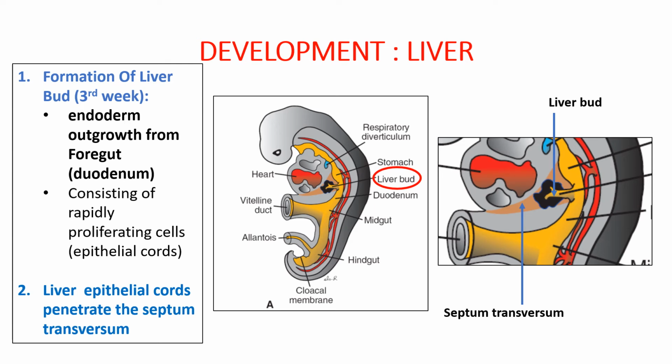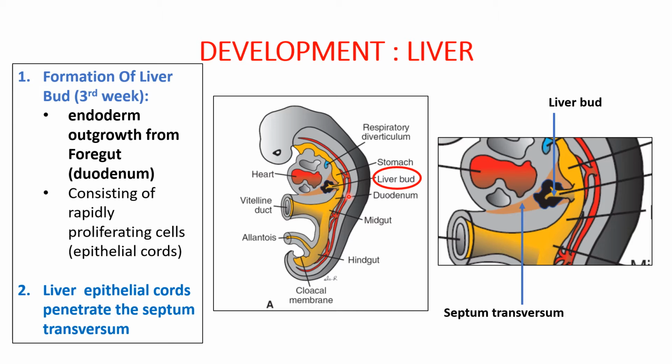So now we are finished with the development of the duodenum. The duodenum is a very important structure. From the ventral wall of the duodenum, many other organs, the derivatives of the foregut, are going to derive. From the foregut endoderm, the duodenum part of the foregut endoderm, the liver is going to grow in the forward direction. Also, the extrahepatic biliary apparatus and the pancreas grow from the endoderm derived from the foregut, which is the duodenum part. So let's see the liver development first.